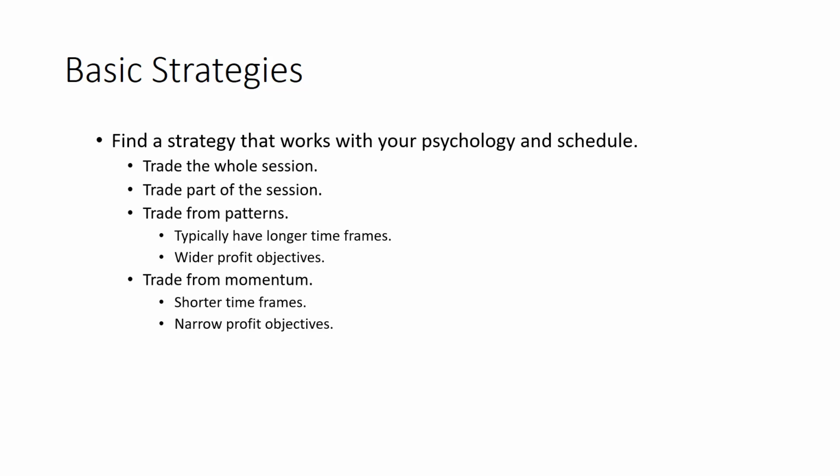So some people might say, well, what if I want to trade the momentum and have the wider profit objectives? I'm going to say that one of the big things that can go wrong for traders is they don't have realistic targets. They don't have realistic stops. They set their targets based on how much they'd like to make. They set their stops based on how much they're willing to lose. And the market really doesn't care about either one of those things. The market doesn't care how much you want to make. The market doesn't care how much you're willing to lose. The market is just going to move a stock so much, and the way that it typically moves is the way it's typically going to move.